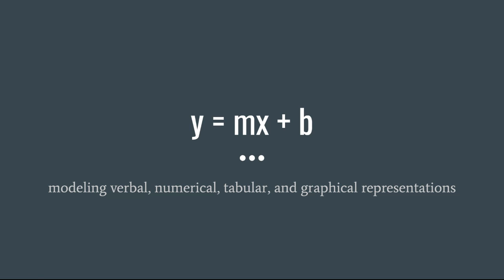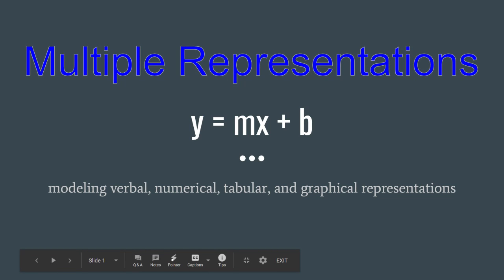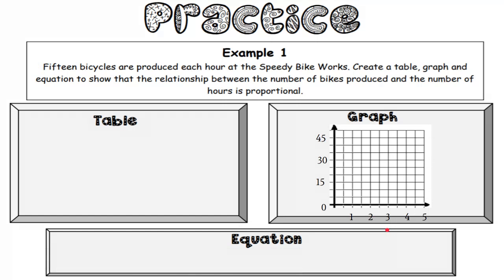We're going to be modeling verbal, numerical, tabular, and graphical representations. Basically, what we're saying is we're going to be looking at multiple representations, multiple ways of saying the same thing, displaying the same information. In the first example, we have 15 bicycles are produced each hour at the Speedy Bike